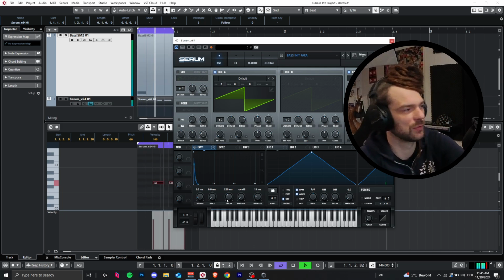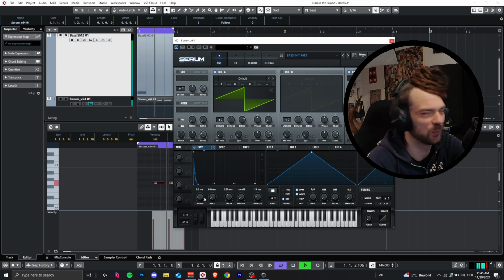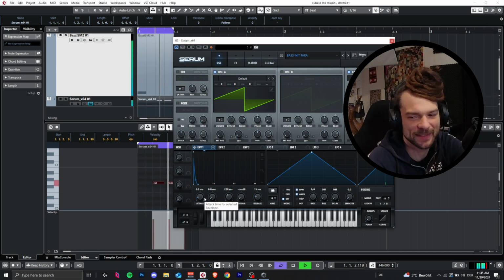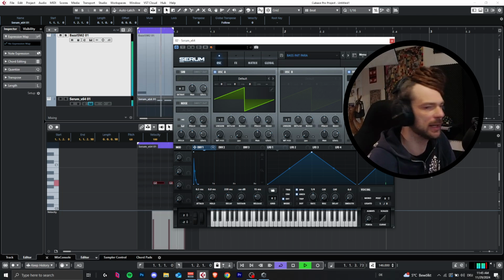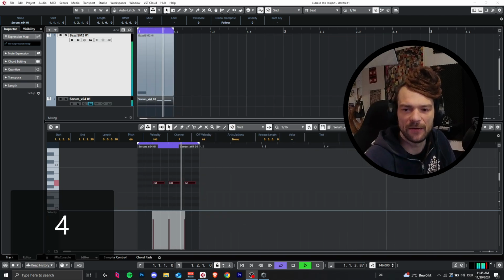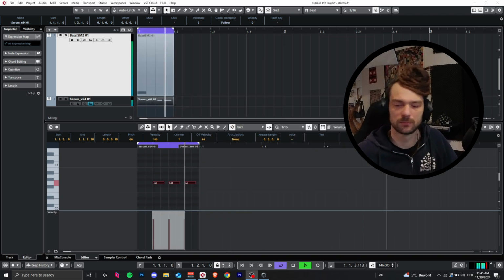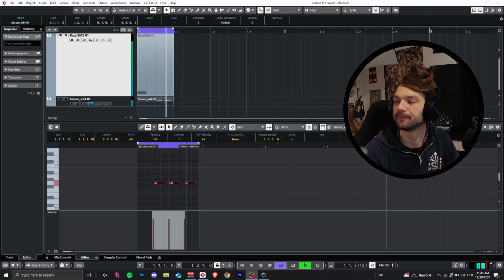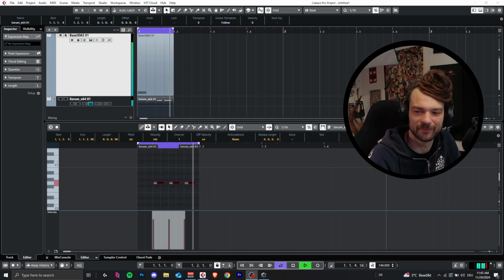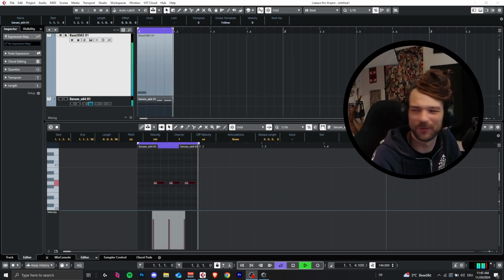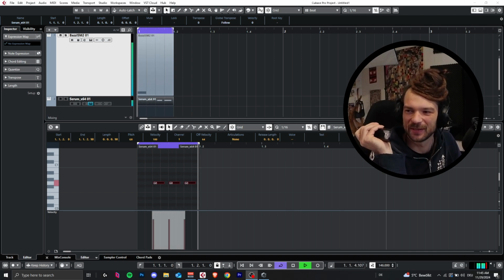So you can do stuff like that, for example, if you want to have a dramatically flatter bass as a starting point. But also, a thing you should always keep in mind, even if you are producing your bass, is that you have to switch on the fifth monitor, the fourth monitor, because the